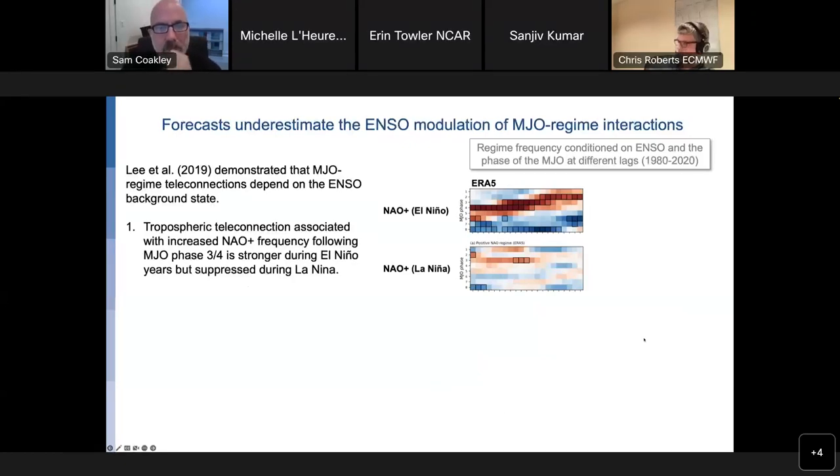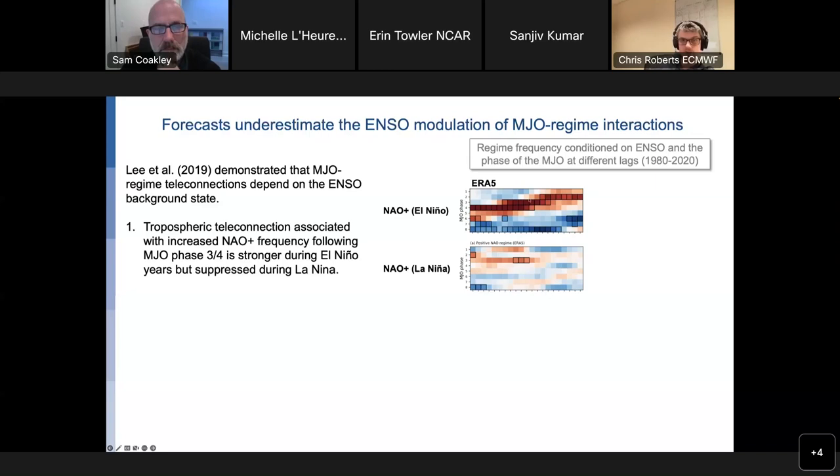And these interactions I just showed, that the MJO modulates the regimes. There's a nice paper by Rob Lee and others a couple of years ago showing that these teleconnections between the MJO and NAO are also strongly sensitive to the ENSO background state. So the first two panels I'm showing are looking at this positive NAO response to the MJO. And this teleconnection, which relates to a tropospheric teleconnection pathway, is far more active during the El Nino season, when you've got this strong connection between the exit region of the Pacific jet and the entrance to the North Atlantic jet. But this modulation is suppressed during La Nina,